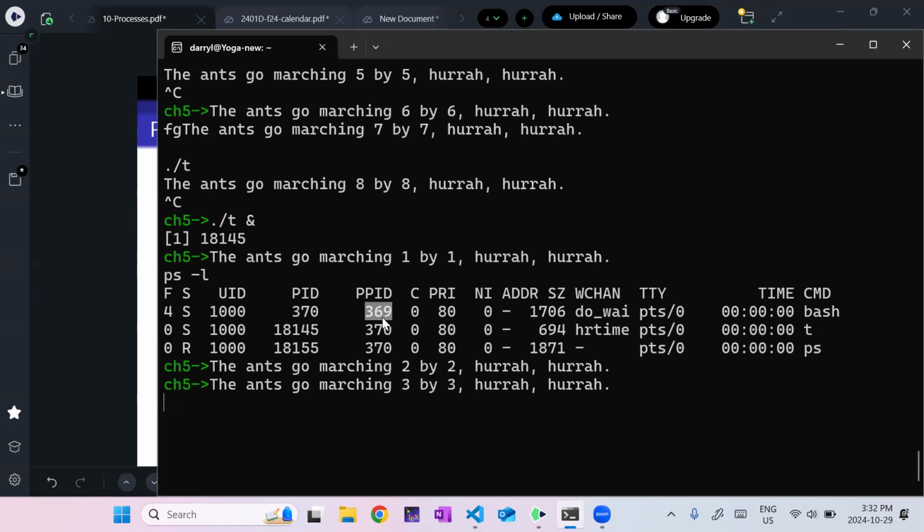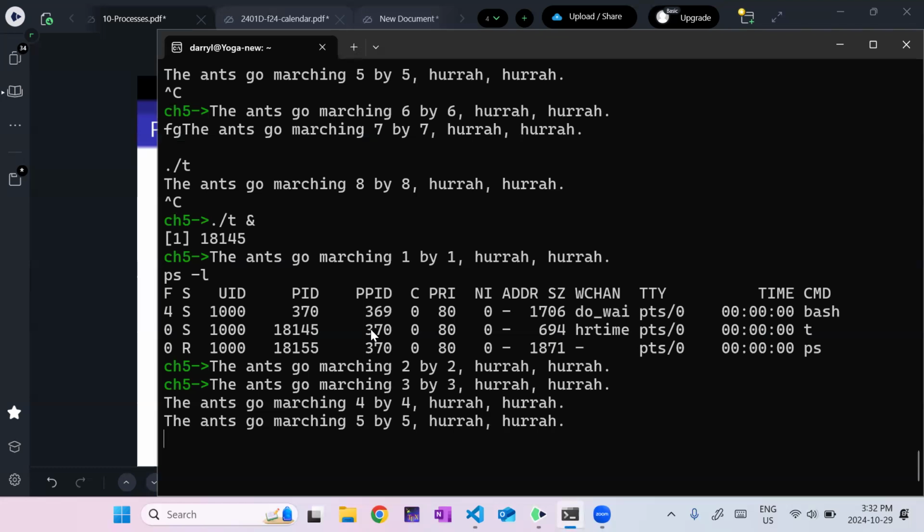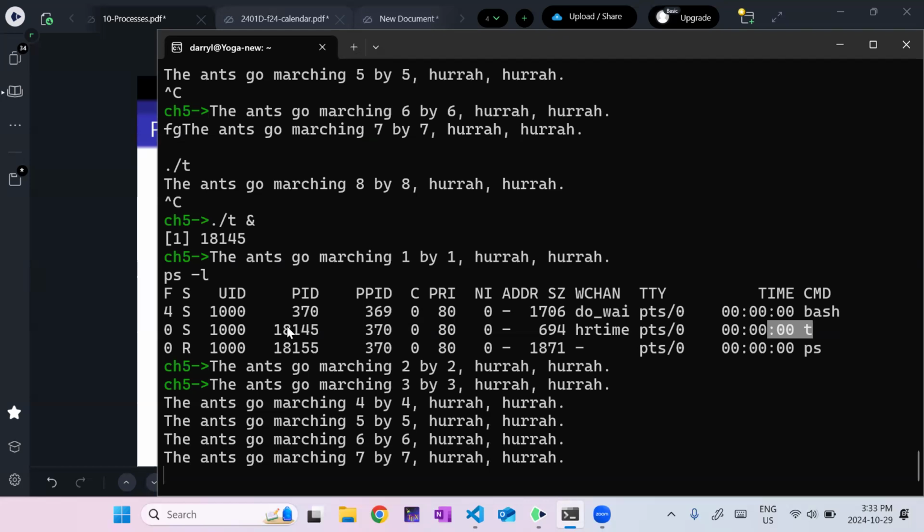So we can see that bash is actually the parent of this T command. So when I ran T, the bash process spawned this new T process that I'm running. And then same with the PS command, right? So the parent is the bash process.